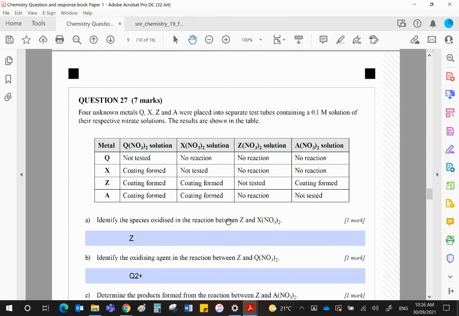Okay, we are doing a metal displacement reaction here. Identify the species oxidized in the reaction between Z and XNO3 2. So you can see that when Z reacts with XNO3, there is a coating. So this metal must be more reactive than X. And the species that's oxidized would be Z, because Z will go into solution as its ions, it will lose electrons. The oxidizing agent in the reaction between